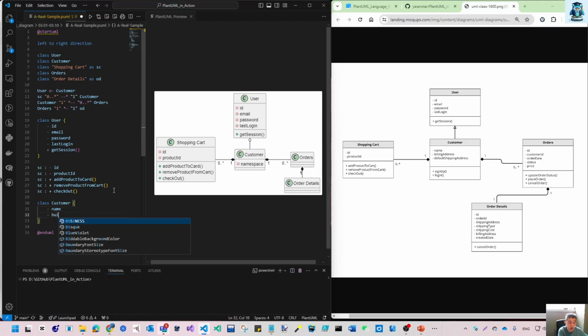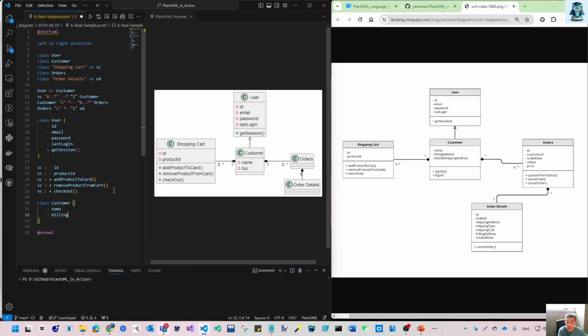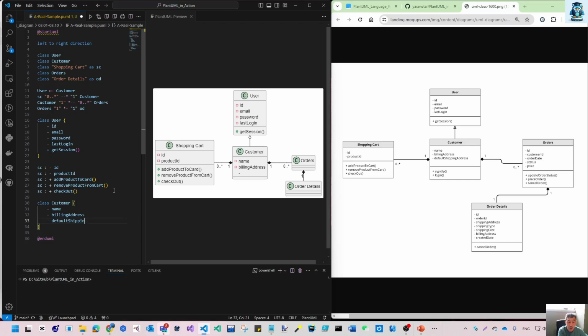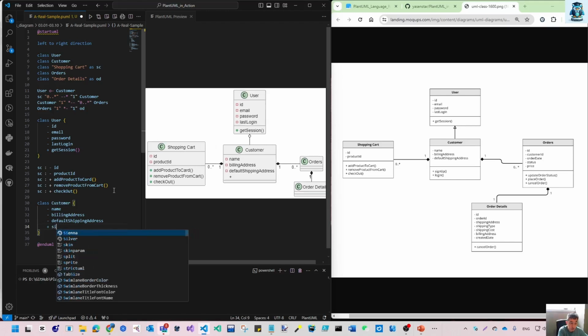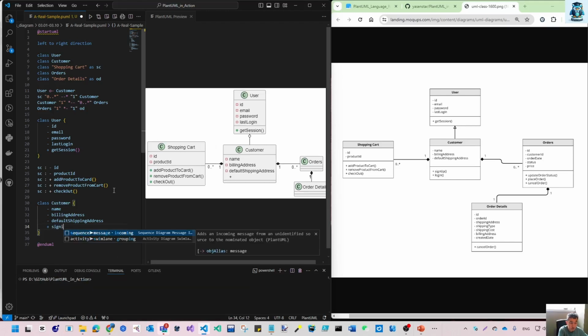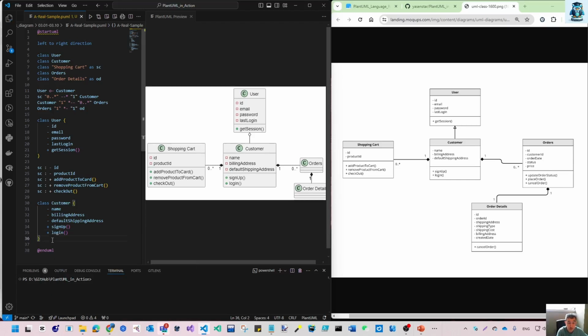minors. I can read that as a private name, a private billing address, field, and also a private default shipping address, and also a public sign up method and the public login method. So that is quite direct. And then the class